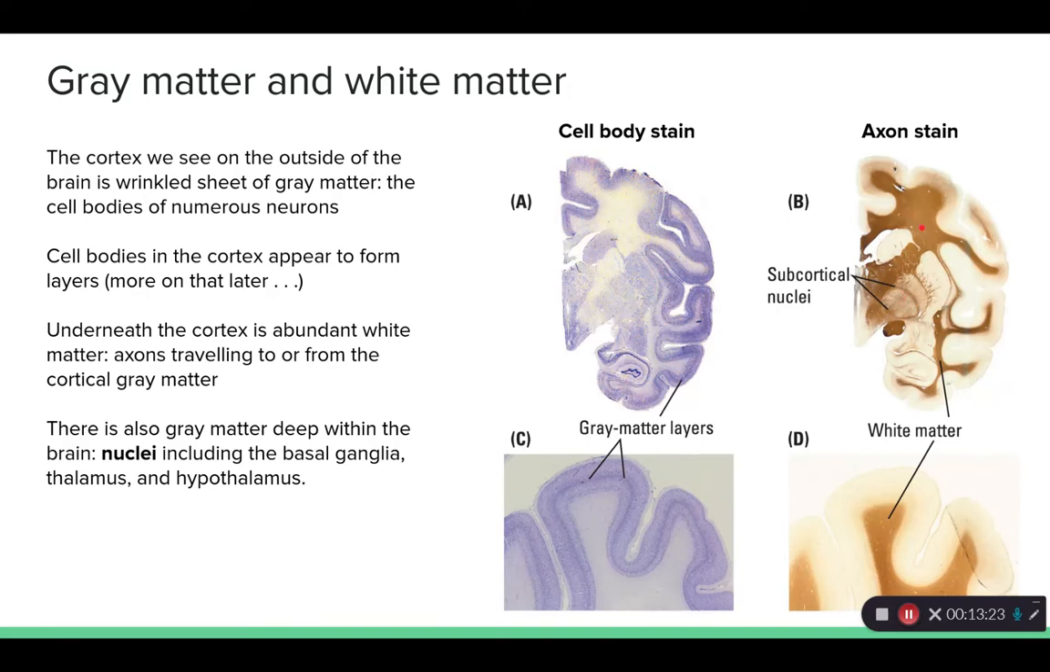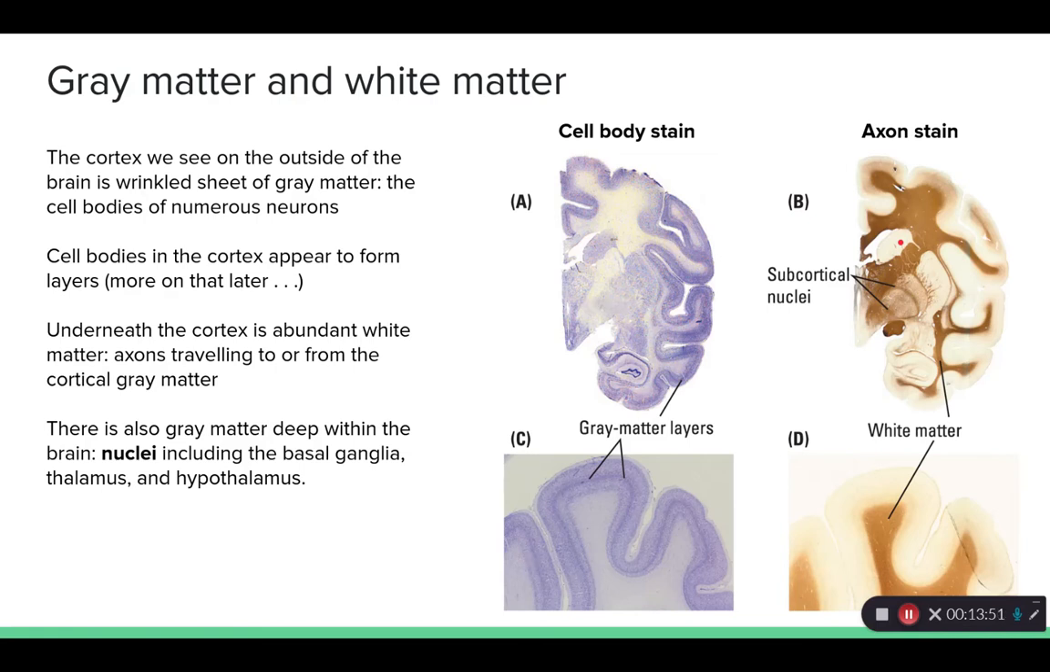And as it turns out, so what is it? If it's not being stained with the axon stain, well, there must be cell bodies. That must mean that this is gray matter. And that's in fact exactly what this is. You can see it a little bit here in this cell body stain, but to my eye, it actually shows up a lot better with this axon stain. And this gray matter here that we see, these gray matter nuclei, they're labeled as subcortical nuclei here in the diagram,